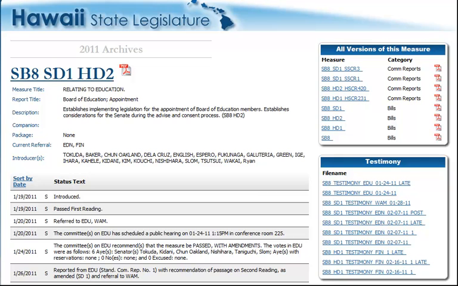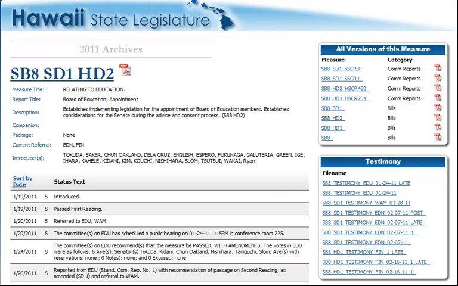The next space is for a companion bill. Sometimes identical bills are introduced in both the House and the Senate. This most commonly happens when you're getting package bills introduced. People like the governor are not allowed to introduce bills directly because the governor is part of the executive department. However, the governor always has some bills that he or she wants to introduce, so the governor asks the Speaker of the House and the President of the Senate as a courtesy to introduce all of his or her bills. This cluster of bills is called a package.